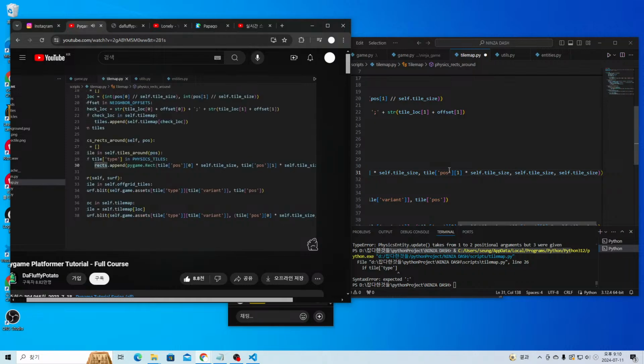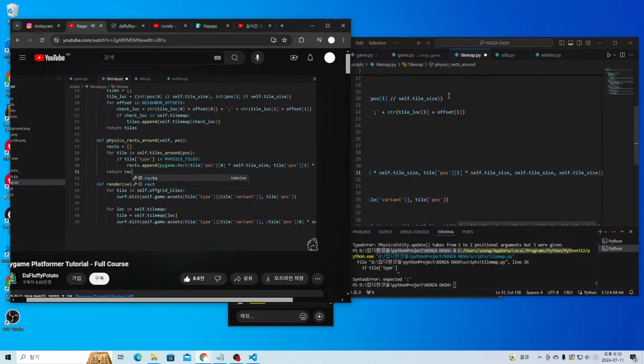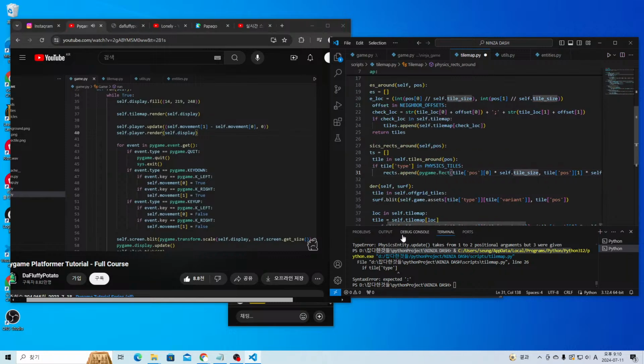All right, so that will add the new rectangle. So we can return these rects. And if I go over here, and if